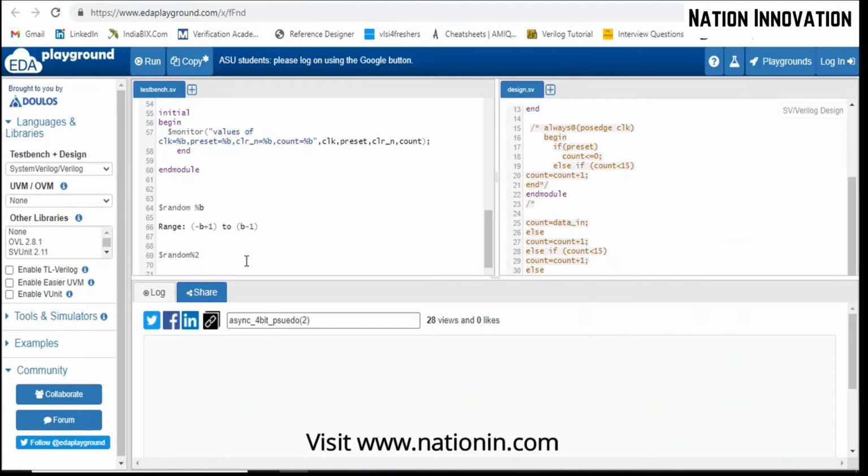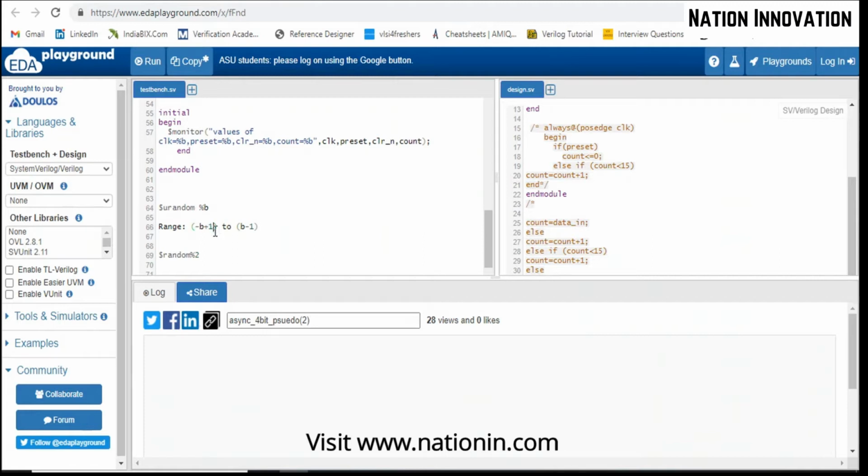If I put the value of b in the above, definitely this range is for the signed random. For the unsigned random we use $urandom.